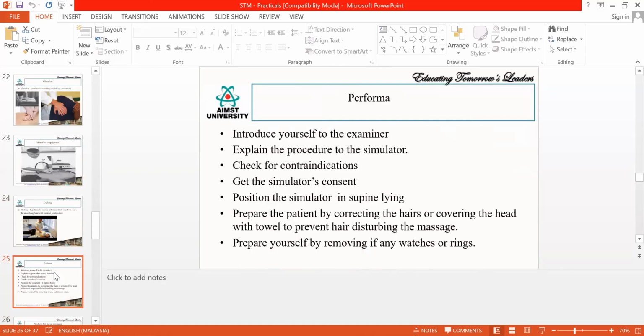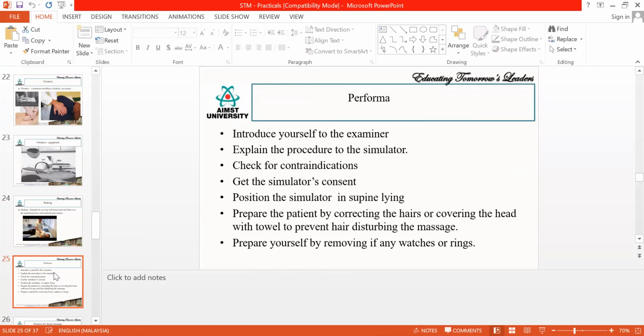Okay. So first is regarding your performance. First thing is you will be given a question. You have to read the question, understand the question, then mentally prepare the answer. For this you take at least 30 seconds. So spend at least 20 to 30 seconds for this. Mentally align the answer, then you start to do the